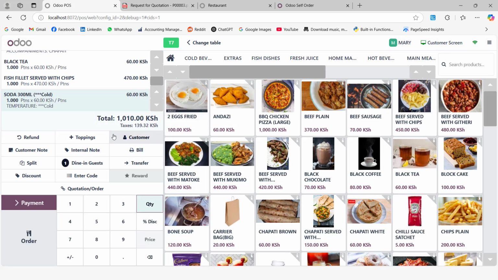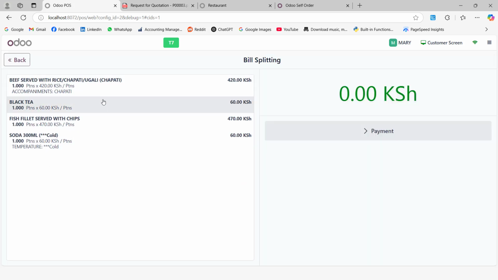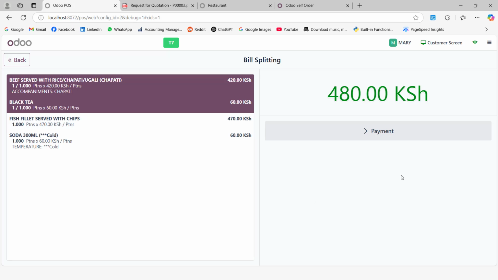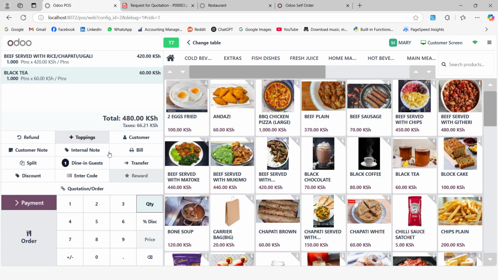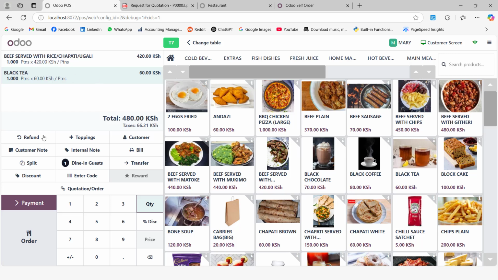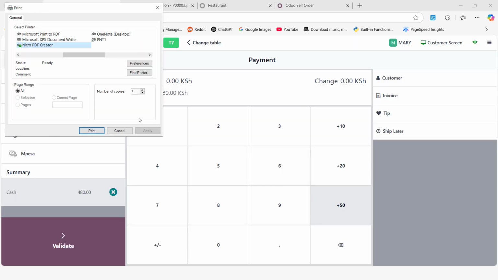they can come here and split the bill. So when splitting the bill, you can say, for example, how you want to split. Basically this one and this one is for one customer, so it can be split like that, and from here you can just print the bill for this alone, and this customer can pay the 480. Maybe they pay with cash, validate,